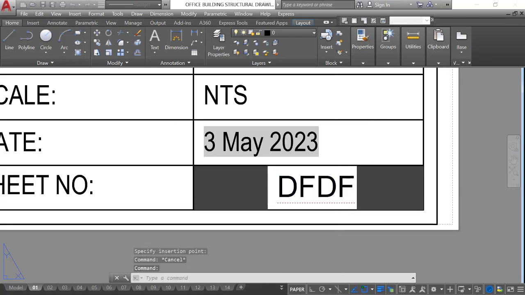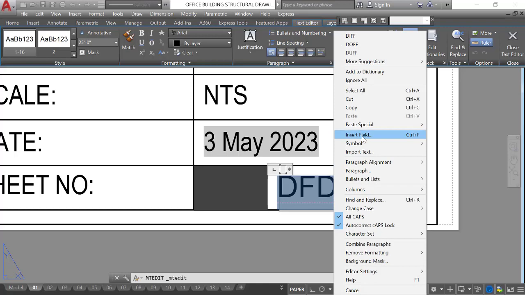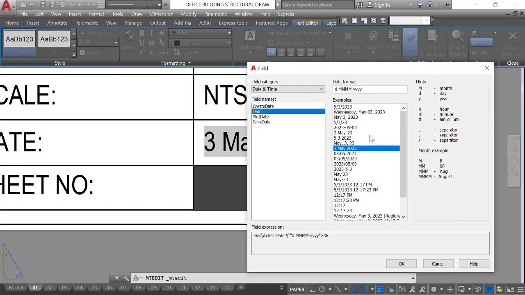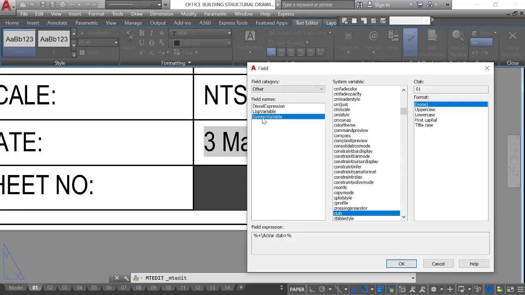Double click on it, press Ctrl+A, right click of the mouse, go to Insert Field, select Other, go to System Variable and find CTAB.